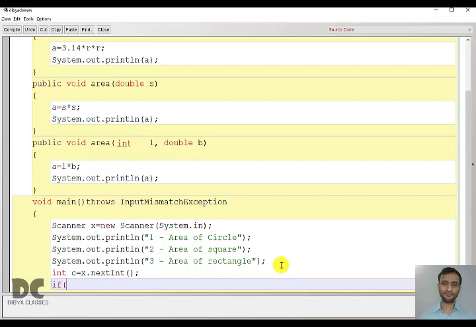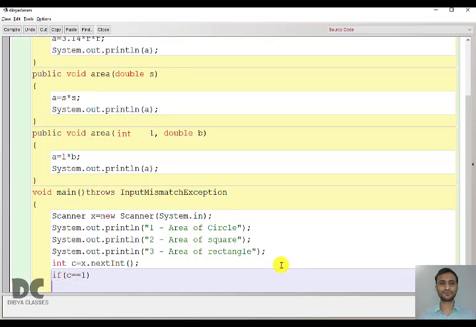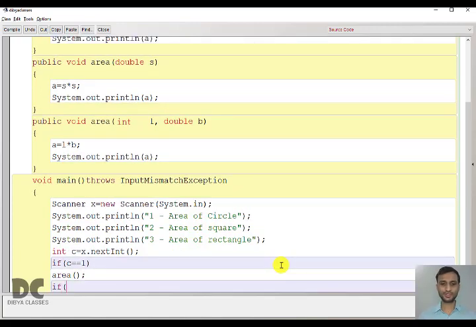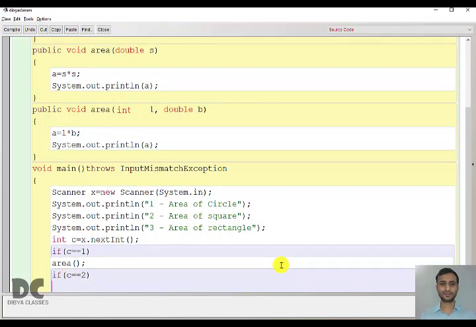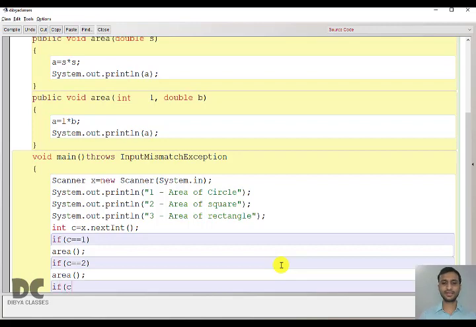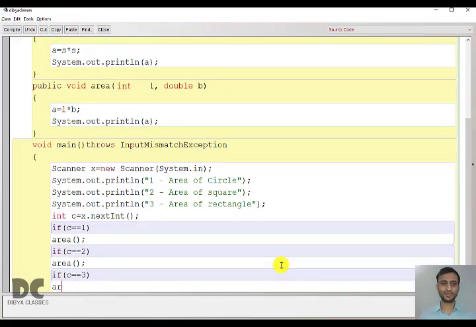Now we'll check, if choice is 1, then what will we do? We'll call area. If choice is 2, we'll also call area. And if choice is 3, then also we are going to call area.